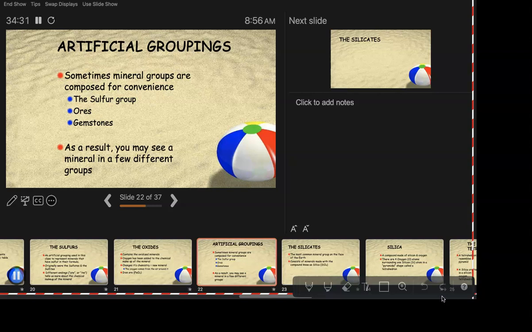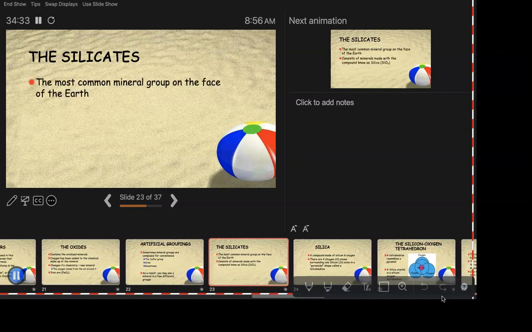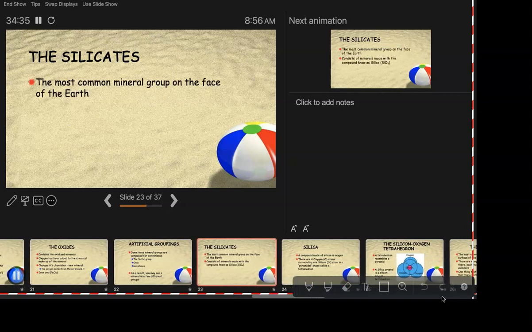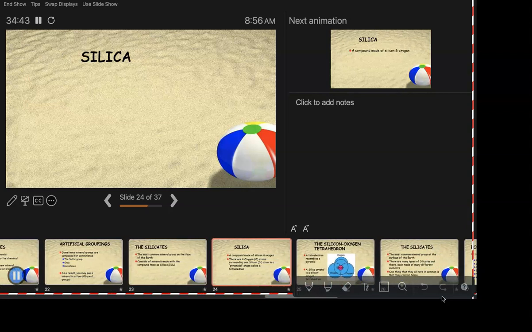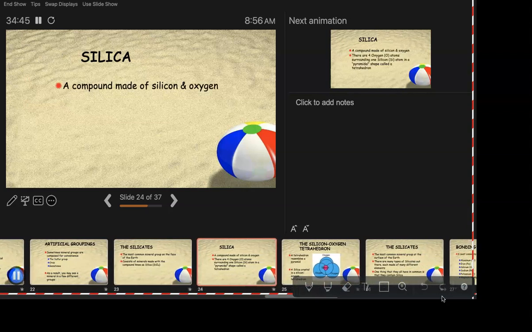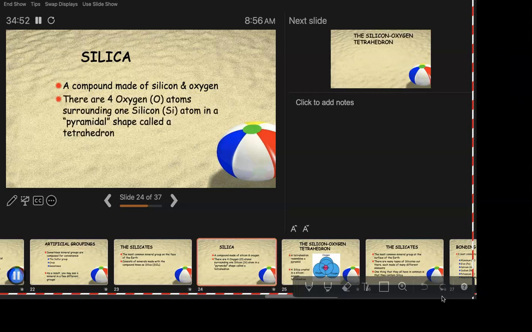All right. So, as I said, we're going to go into depth with one of the groups. And that group is silica. We've told you at least 7 times now that it is the most commonly occurring mineral group at the surface of the earth. We've told you that it's made up of silicon and oxygen. We're going to now go more in depth into that part. It is, in fact,